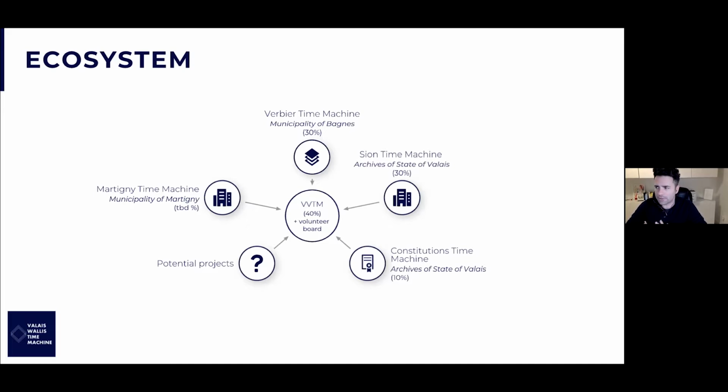The Verbier time machine, for instance, the municipality of Bagne would have a 30% kind of project coordinator. Same for the state of Valais, 30% for the Sion time machine, 10% for the Consortium time machine. And for the municipality of Martigny, the newest member, we have to establish with them how big their project will be and what should be the percentage of the workforce. So we help those sub-projects set up their own governance, or how they're going to work